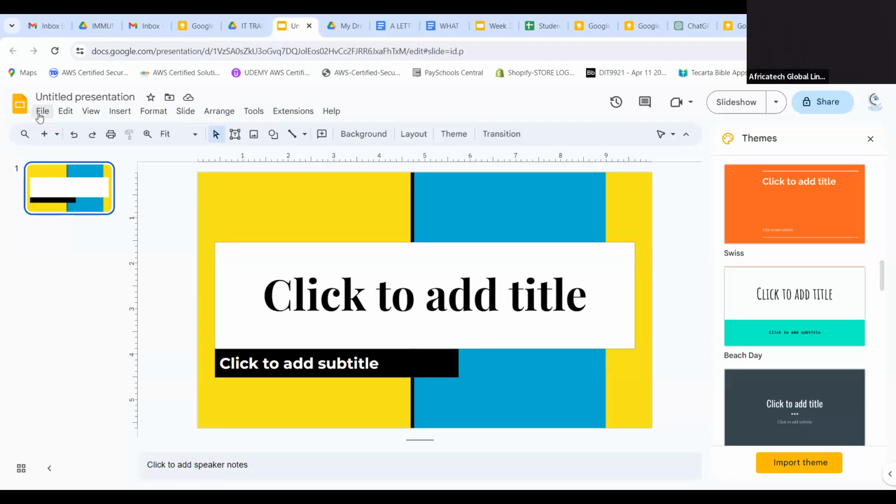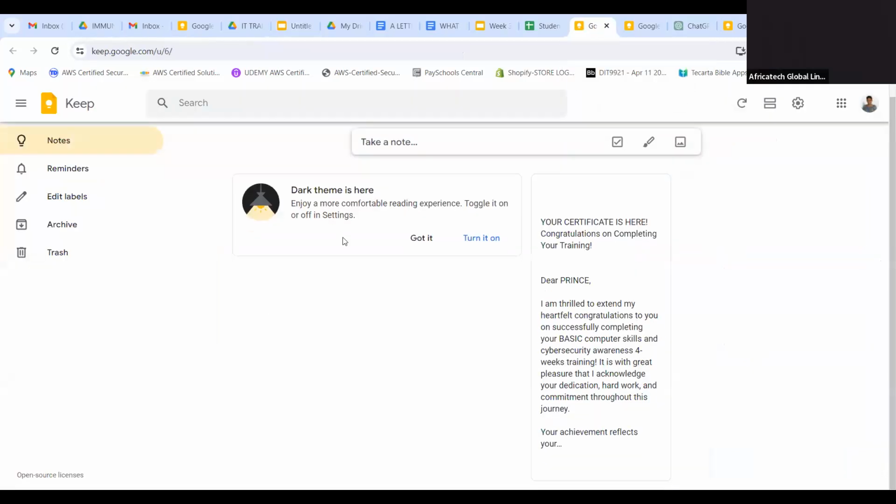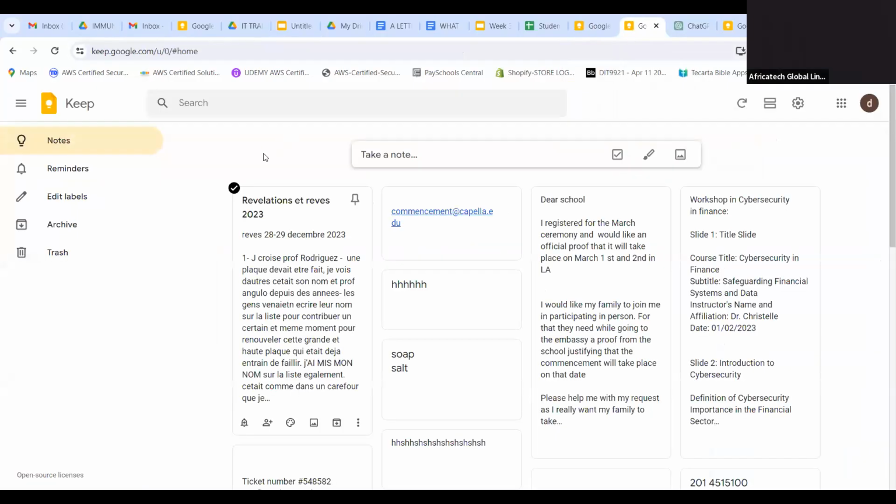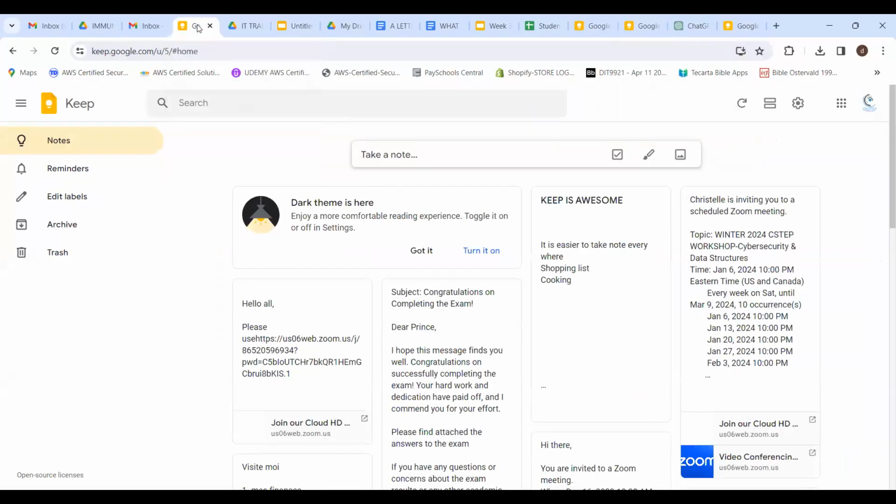Do you like Keep or you don't like it? I know you did not use it yet, but if you get used to it, you know that it's very amazing. I'm doing a lot of stuff on Keep, and it's there on my computer. I can put my stuff there, and I know that I'm saving. It's a note.